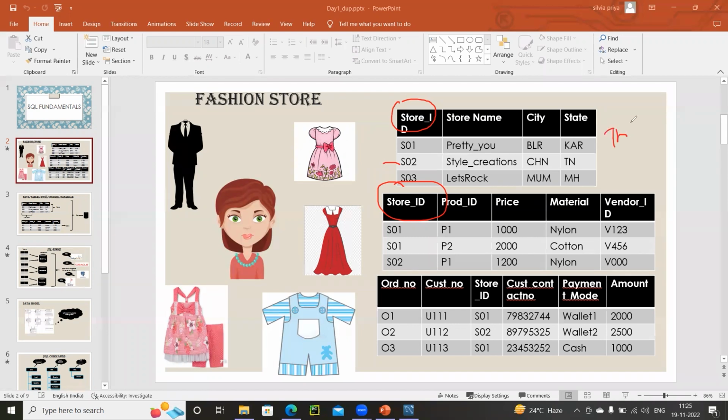So if I pick any one store from table 1, let's say store ID 1, it will have multiple entries inside table 2. Now, why multiple entries? Because in table 2, I'm maintaining the details at a product level. So under my store 1, there will be product 1, 2, 3, and 4. So like this, one value from table 1 can be related with multiple values in table 2. Now, this is called relationships between tables.